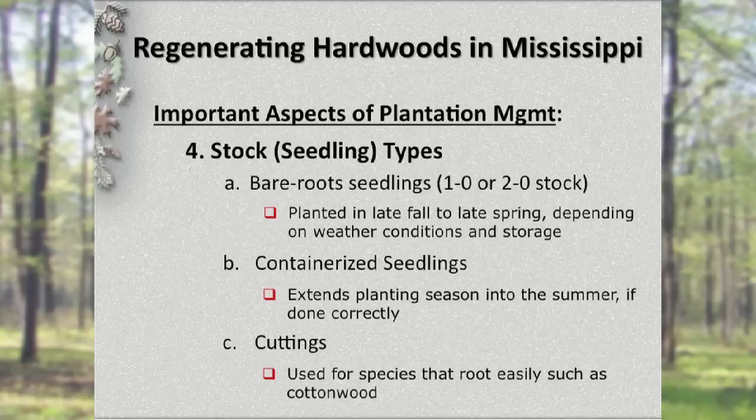Containerized seedlings provide us the ability to extend the planting season later into the year and actually match our particular weather conditions with the seedlings for optimal survival of our trees. Cuttings are used for species that root very well, such as cottonwood, black willow, and even sycamore. These cuttings are usually anywhere between 15 to 18 inches in length, no more than what looks to be a stick, and pushed into the ground. Those individuals have preformed root initials on the cutting, as well as buds that will actually form the shoot above ground.